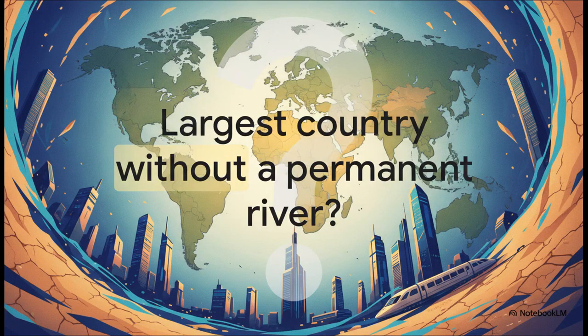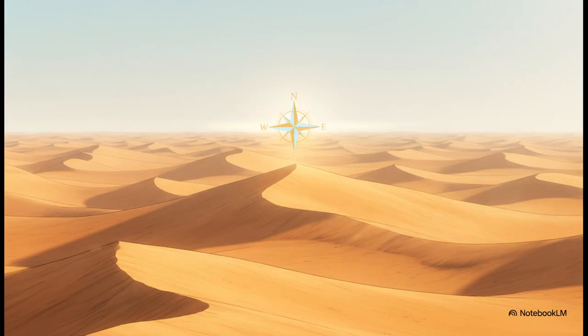But before we map out our journey, I've got a quick question for you from our source material to test your geographic knowledge. Think about all the massive countries spread across the globe. Which one is the absolute largest in the entire world that doesn't have a single permanent river flowing through it? Any guesses? Well, the answer is Saudi Arabia. It's a vast nation defined entirely by its intense landscape and incredibly arid conditions rather than flowing waterways. It's a true geographic anomaly, and as you'll see, that total lack of surface water dictates absolutely everything about how